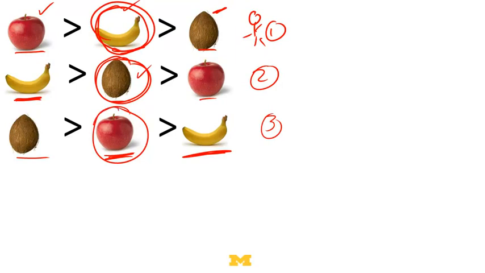Now person 3's got the apple, and they like person 2's coconut. So they go to person 2 and say, hey, person 2, how about if I give you my apple for your coconut? And person 2 looks and says, the apple? Forget it. I like my coconut more than the apple. I'm not going to trade with you. So what we've got here is a situation where person 1 has the banana, person 2 has the coconut, person 3 has the apple. None of them can make a pairwise trade and be better off.